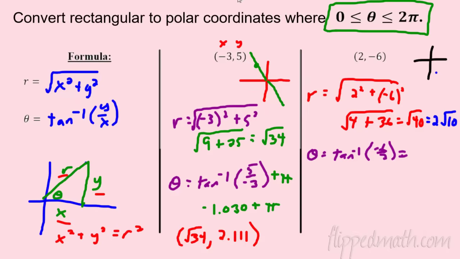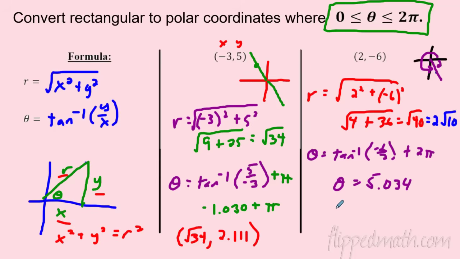So in this case, we had to say, oh man, yes, it gave me the right answer, but it wasn't between 0 and 2 pi. So I actually had to add 2 pi to get back to it. I don't want the negative version of this angle. I want to go the other way. That's why we had the 2 pi. So in this case, theta was going to be 5.034. If it does tell you where theta has to be, you have to put theta